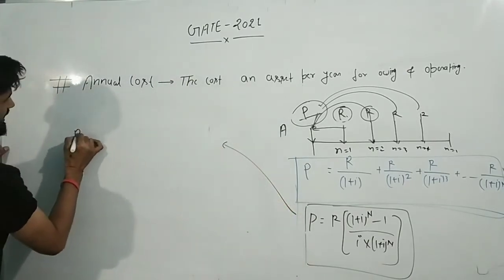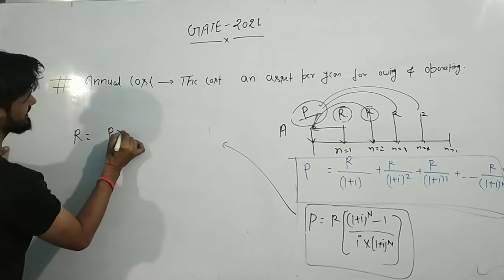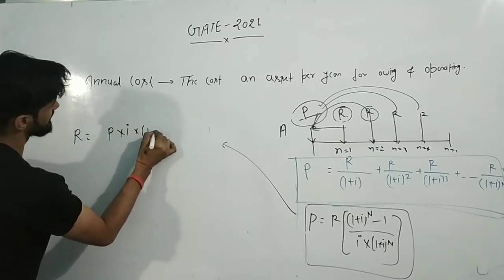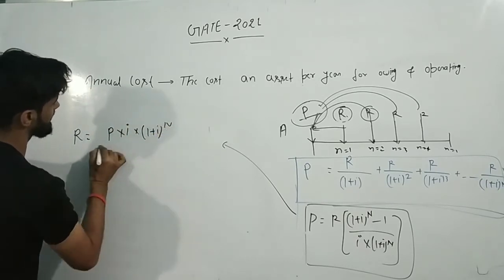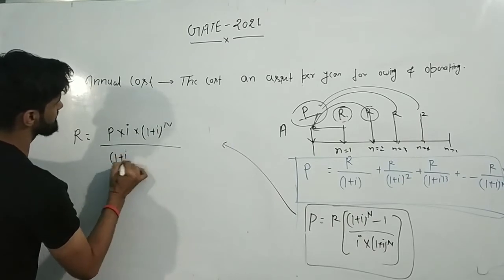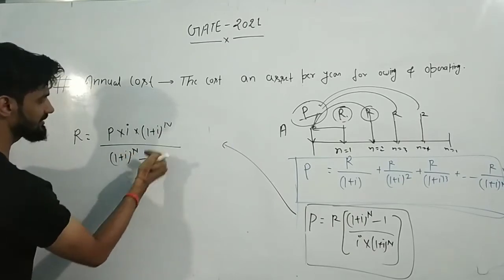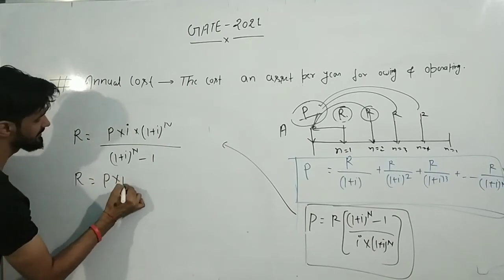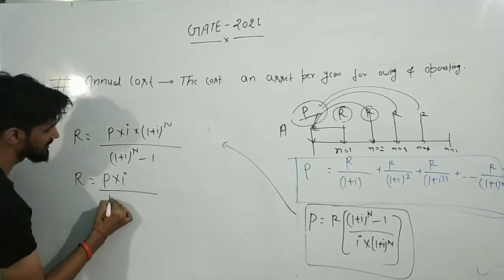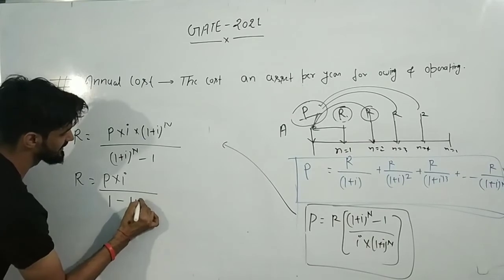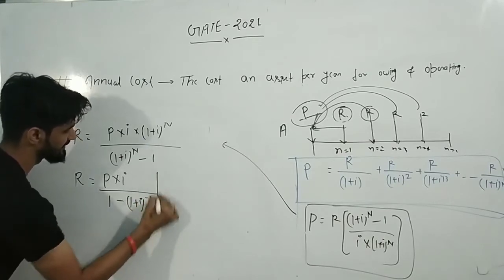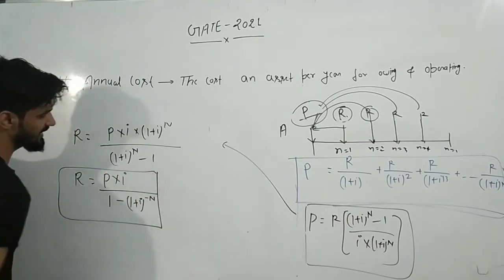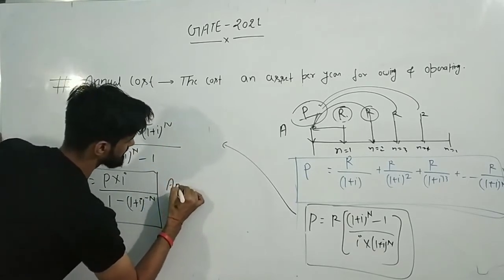That's why R is equal to P multiplied with i multiplied with (1 plus i) whole power n upon (1 plus i) whole power n minus 1. Now if you divide (1 plus i) in the numerator and denominator, then you will get P into i upon 1 minus (1 plus i) whole power minus n. So you can write annual cost